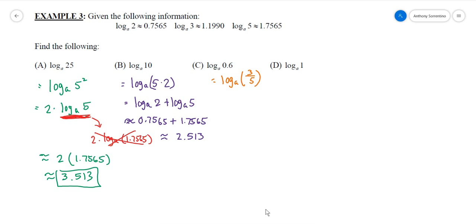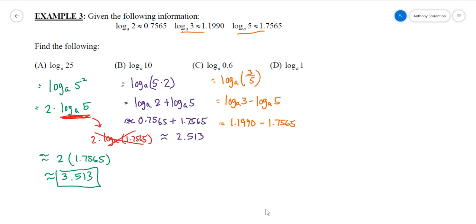And I do know what the log base A of 3 and log base A of 5 are. With the quotient property, this is the same thing as the log base A of 3 minus the log base A of 5, which is going to give me 1.1990 minus